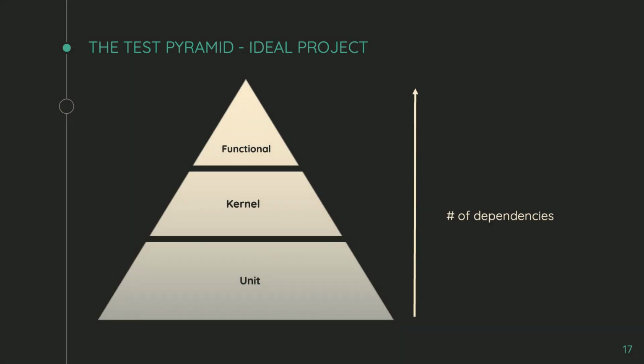In a typical software project, not Drupal, you tend to have a distribution of tests that looks like this. You have a gigantic base of unit tests at the bottom, a mid-level collection of kernel tests in the middle, and then a bunch of functional tests at the top. We're testing the happy path of your application, the most expected behavior on your site, with functional tests, and then you're going to test your corner cases and edge cases with your kernel and unit tests. Also, as you go up the pyramid, the functional test has all the dependencies, and unit tests just have a couple, with kernel in the middle. Yeah, I talked about that.